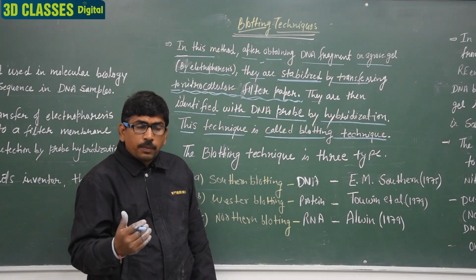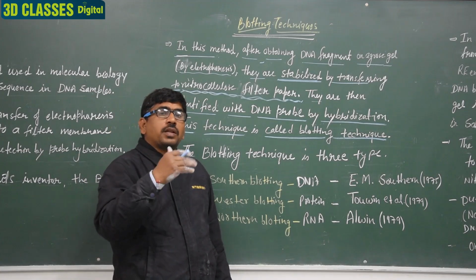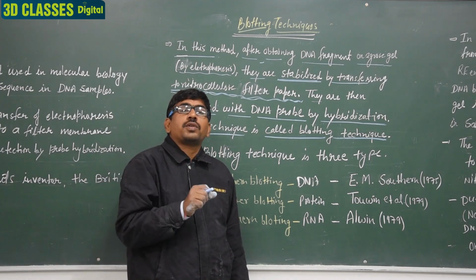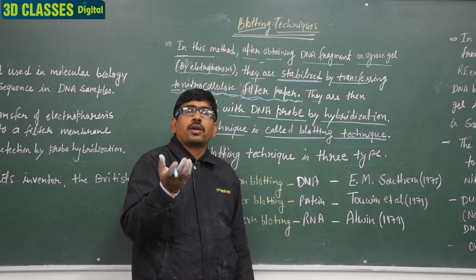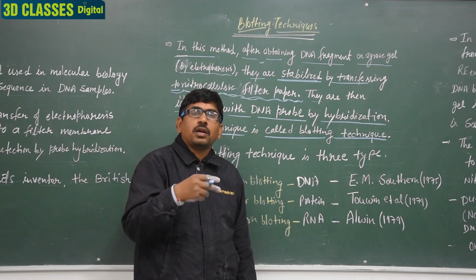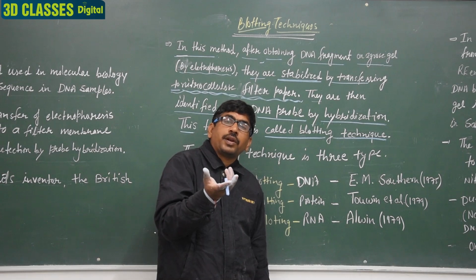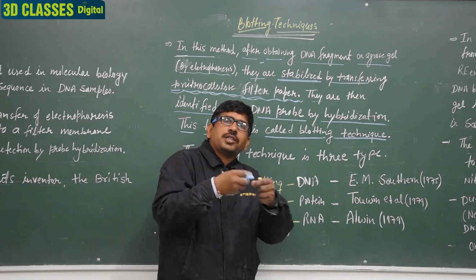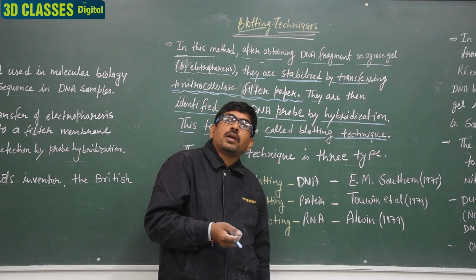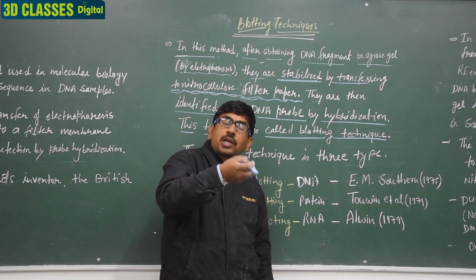Firstly, electrophoresis is performed, and due to the electrophoresis, we obtain the band pattern in the electrophoresis gel, particularly agarose gel. We utilize the agarose gel, but the gel is fragile or brittle. Fragile means it breaks easily, we cannot lift it. So the DNA will not be isolated.